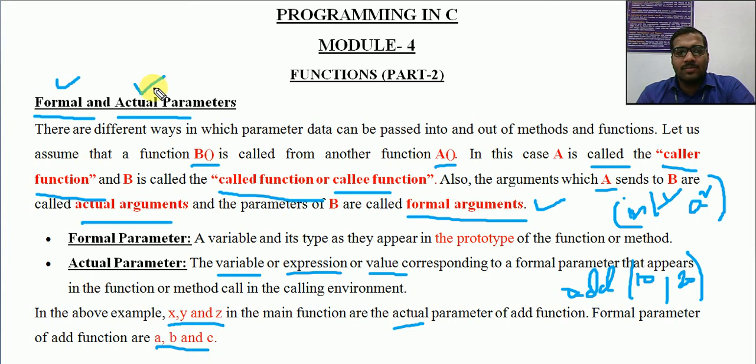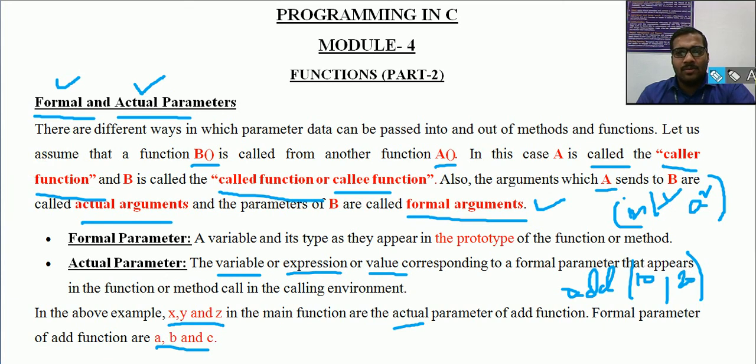Okay, so these two terms are very, very important. The actual parameter is the actual value that we are passing, and the formal parameter is a parameter that is used as part of the function definition, which is only used for processing that function. In the main program, from where we are calling that function, there won't be any effect on this formal parameter. It is only applied to the body of the function definition itself.